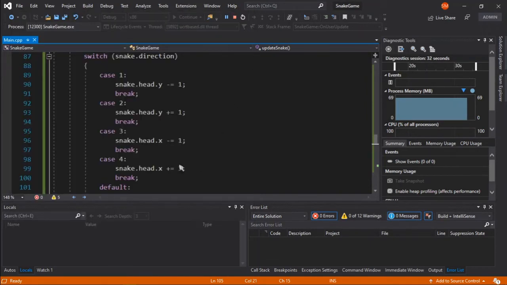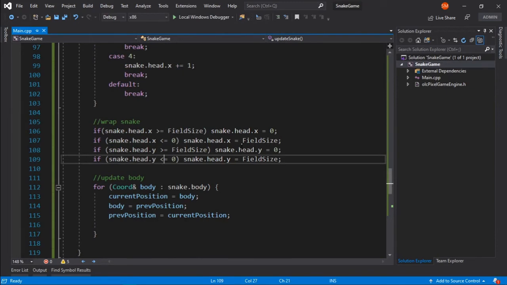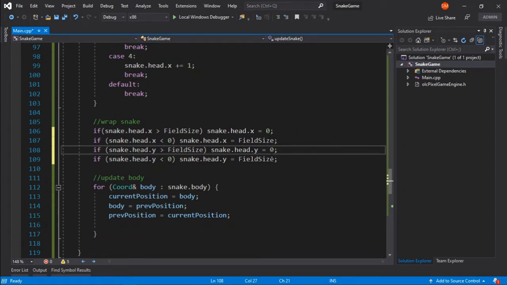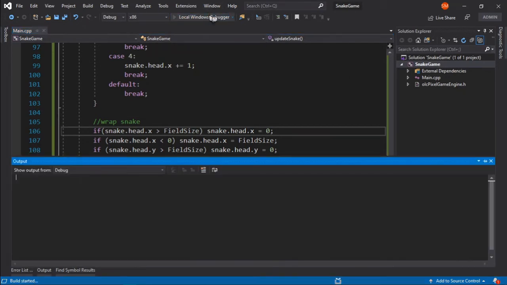So first of all, it should be, I think, less than 0, not equals to 0, and it should be a field size. This one thing is perfect, but if it's greater than field size, then the x should be of size 0. It should have a new space of 0, and it's following the direction, so it should increase. Now let's see it in action.